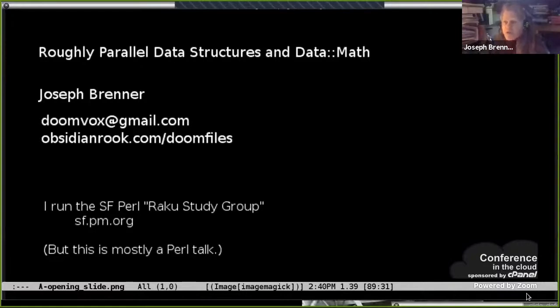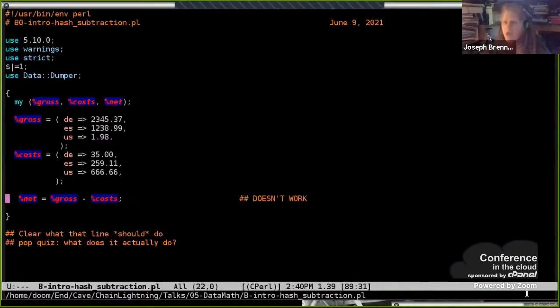I'm Joseph Brenner. I wanted to say a couple words about handling roughly parallel data structures in Perl, in particular, doing arithmetic on them. Like this particular line of code, I think it's pretty clear what it should do, though Perl does nothing